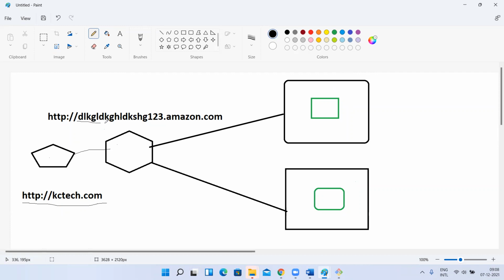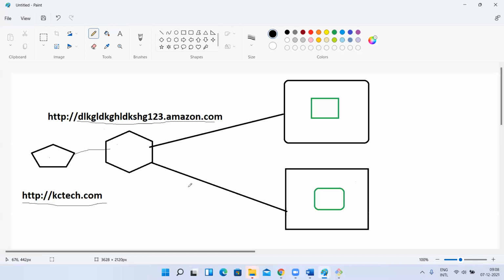Because this name is bigger, something like XYZ ABC123.amazon.com, it is very long, right? If I tell this to my end users, they may not be able to remember it. That's why I want a proper domain. So I got the domain like this. In my Route 53, I have to mount it to the load balancer. So when they hit this, it will internally go to the load balancer, and from the load balancer to the instances. Understood, guys?